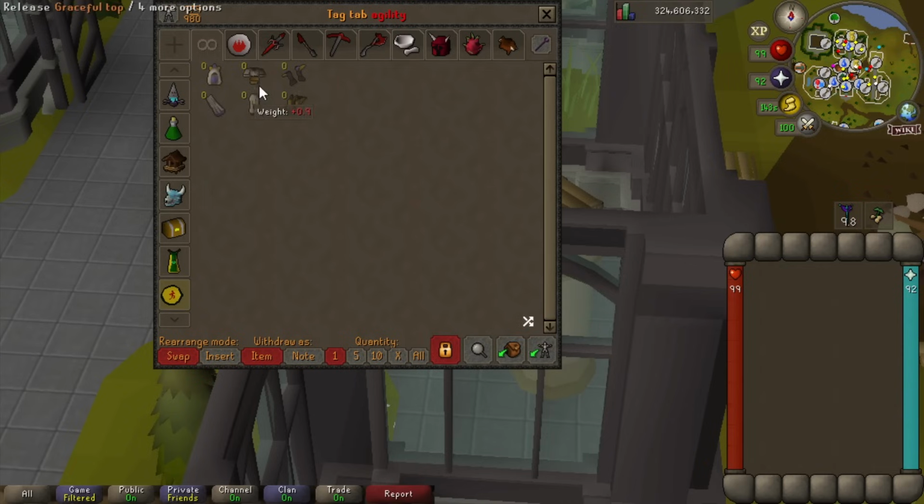Hit tick, and then you can move this around. You can set up your tab however you like. So if that's how you like it, cool. You can then go in here and put in